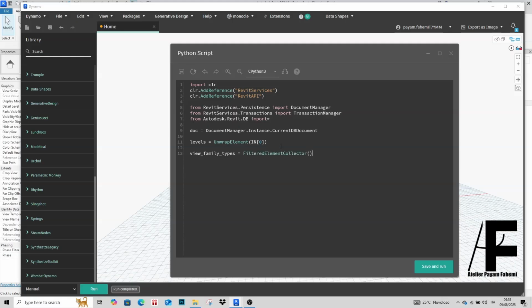And as an argument, it asks for document, and we say of class, as an argument we feed view family type, and we feed it to the list of elements. And then we say floor plan type,